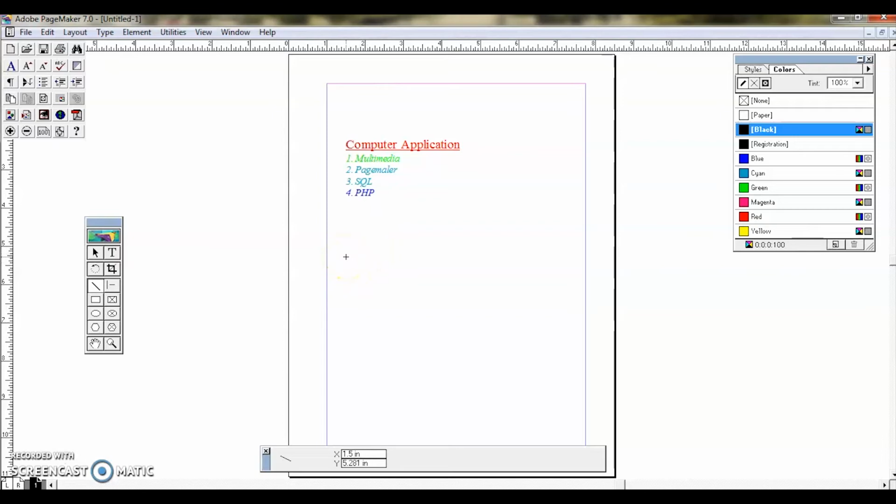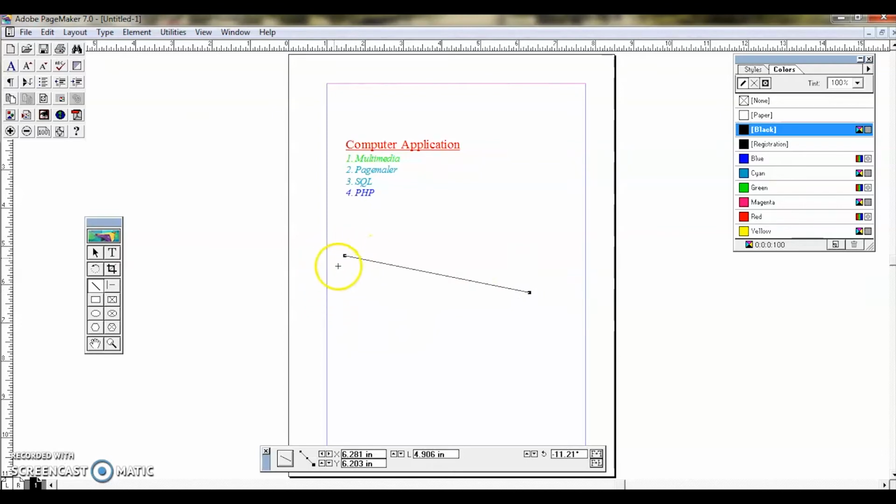I have to click where I have to draw the line. Click and drag on the screen to draw your line. Okay, so I drag like this. Once I release the mouse button, the line will be drawn. Where I want, I can move. Now I am holding the mouse, and once I leave the mouse, the line is drawn.